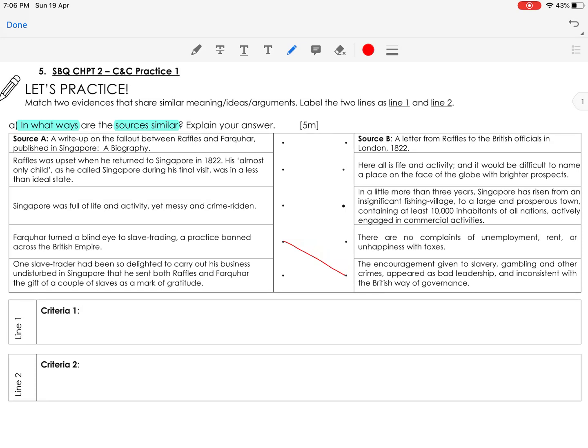Okay, from these two, I know a lot of you will say that they are similar because both sources talk about slaves in Singapore. Is that making an inference? Remember, both your similarities have to give an inference. It is not. You are just lifting from the source. So if Farquhar turned a blind eye, that means he continued slave trading, and source B also says that slave trading and gambling and other crimes continued, I can say that both sources